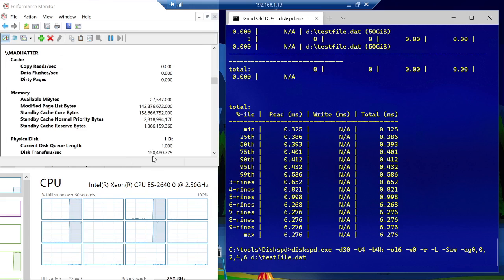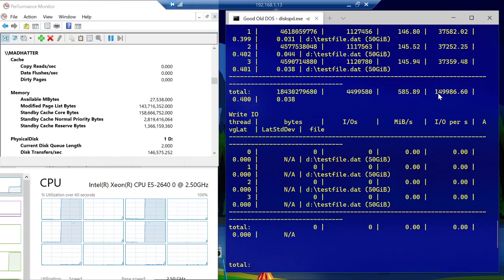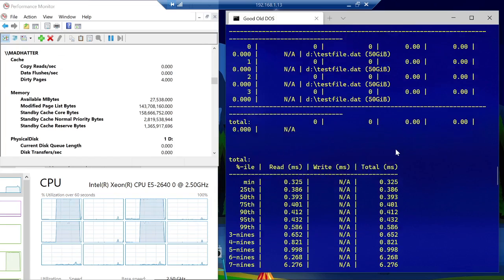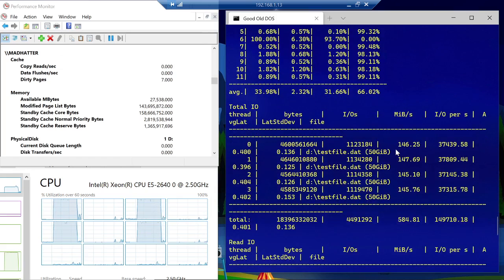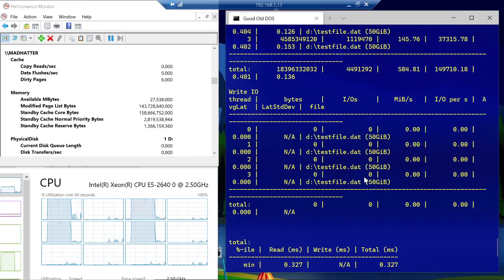You see that the number of IOPS is basically the same as before. So let's see, before we had about 149,000, 150,000 IOPS. And we can see how much we got here. Basically the same. So in this case, controlling the affinity is something that will get you